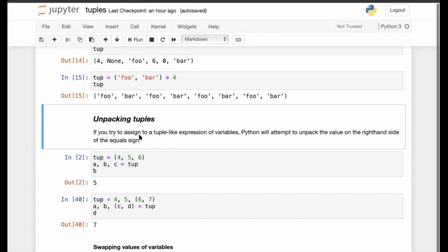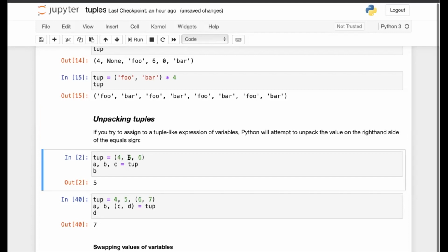So if we try to assign to a tuple-like expression of variables, Python will attempt to unpack the value on the right-hand side of the equal sign. So in this example, first I created this tuple with these three elements, 4, 5, and 6. Now this tuple I am assigning to some variables.